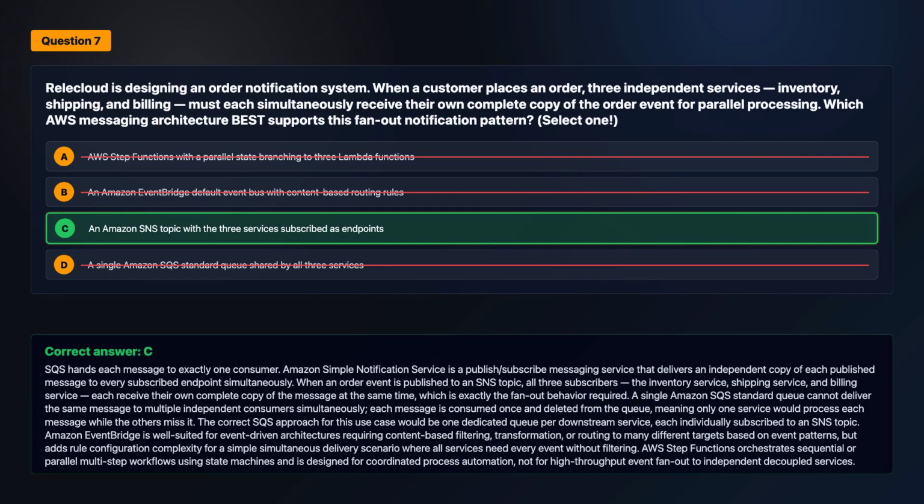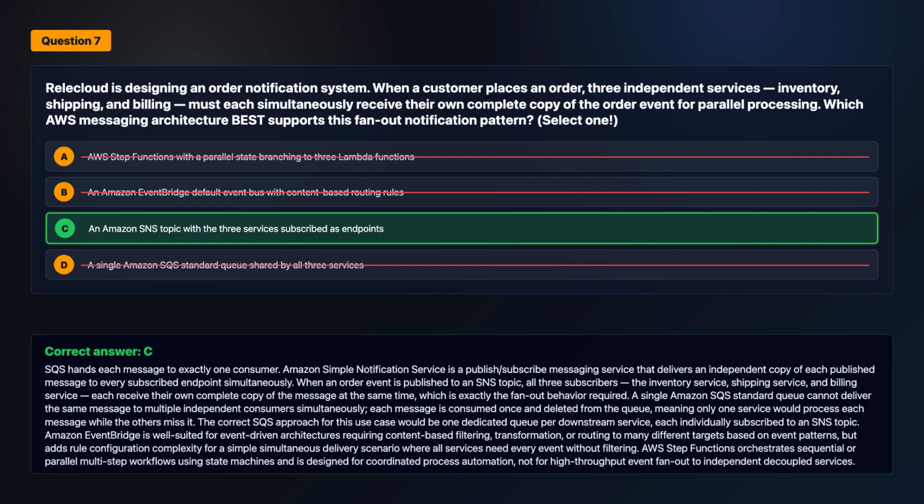The correct answer is option C. SQS hands each message to exactly one consumer. Amazon's Simple Notification Service is a publish/subscribe messaging service that delivers an independent copy of each published message to every subscribed endpoint simultaneously. When an order event is published to an SNS topic, all 3 subscribers, the inventory service, shipping service, and billing service, each receive their own complete copy of the message at the same time, which is exactly